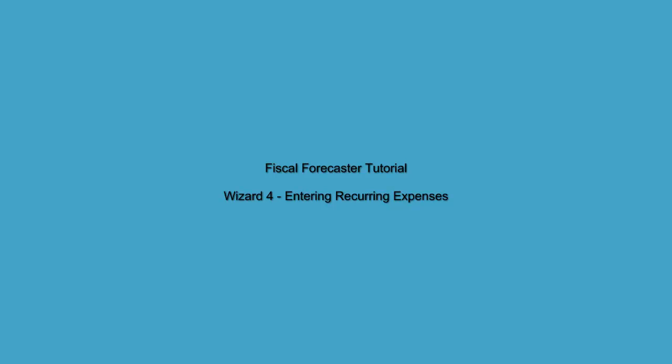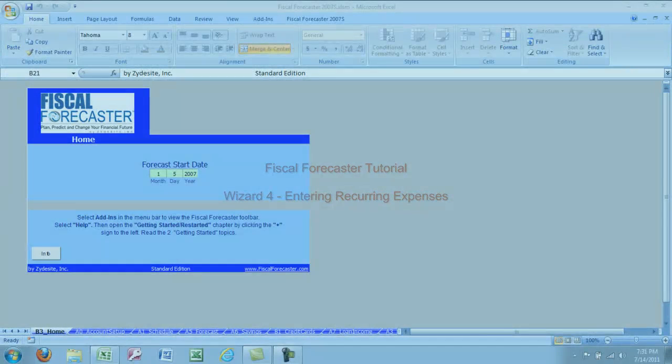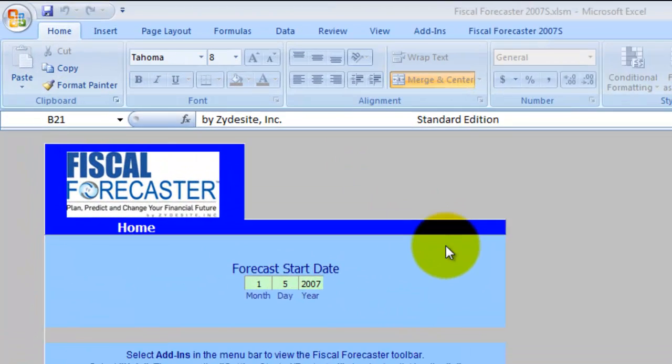Tutorial shows how to set up recurring expenses. If it's not already visible, find the Fiscal Forecaster toolbar under Add-ins in the ribbon and click Wizards for Recurring